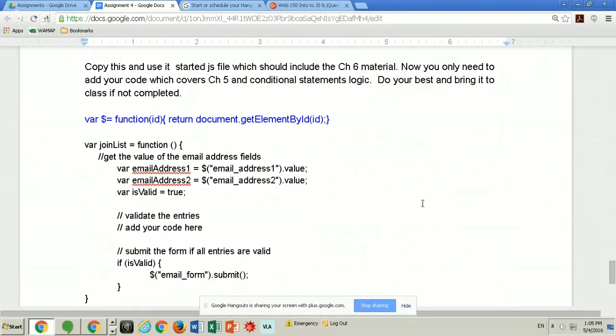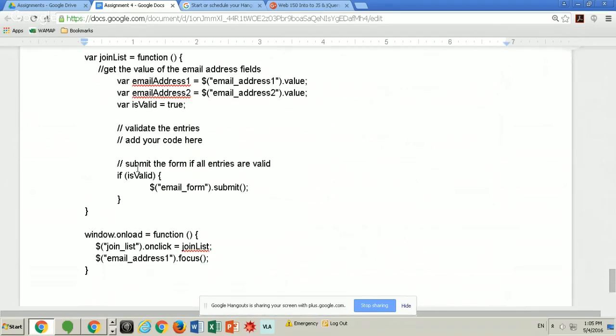Let's see, what can we talk about? Did everyone get an opportunity to look at the starter code? All right, so you know that the $ sign here doesn't mean jQuery, right? It's just a convention because it's just one simple letter, so it's easy to use. But you shouldn't really use a variable $ sign on the same page as jQuery, or it's going to give you problems. So when you start using jQuery, name it differently. And so